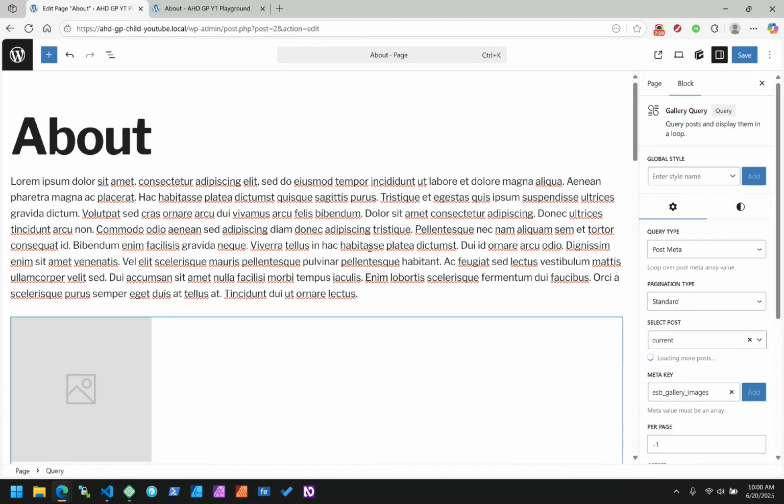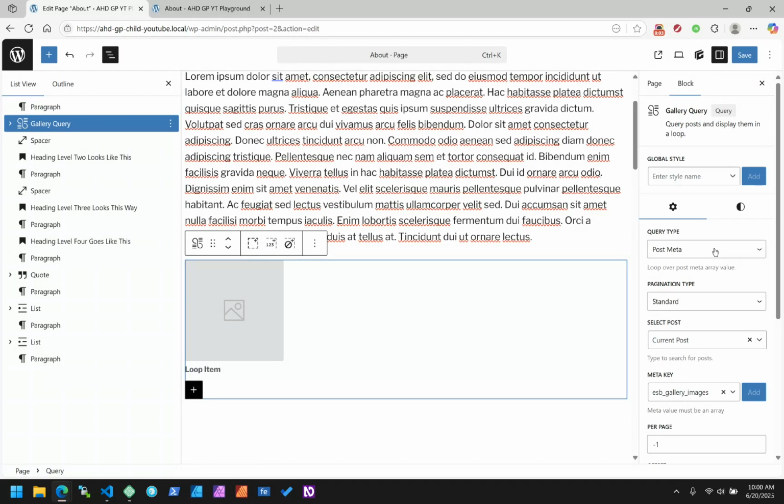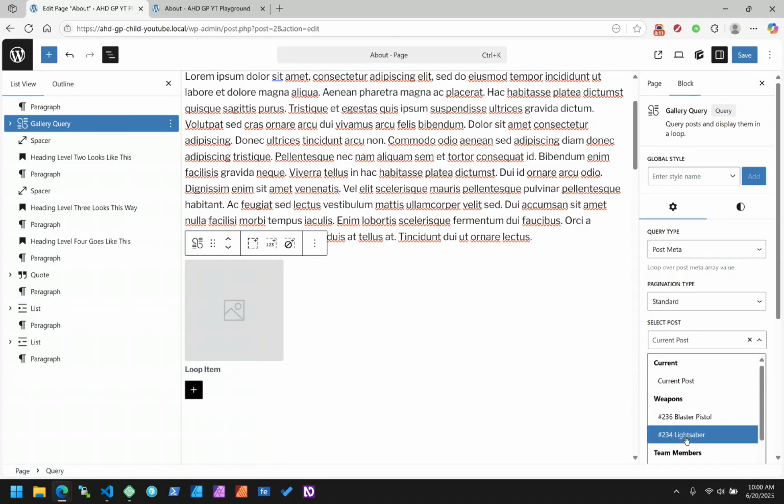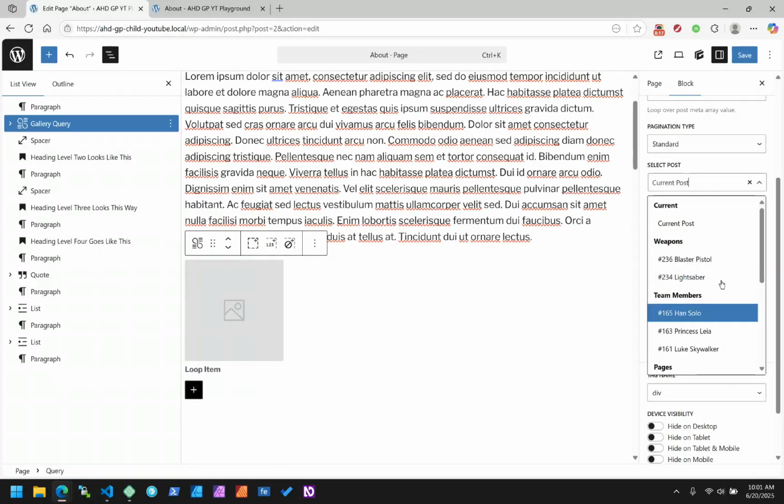And paste. Okay, so now let's take this query, and it is still a post meta, not the current post. Here's where we choose. Where's my galleries? Why